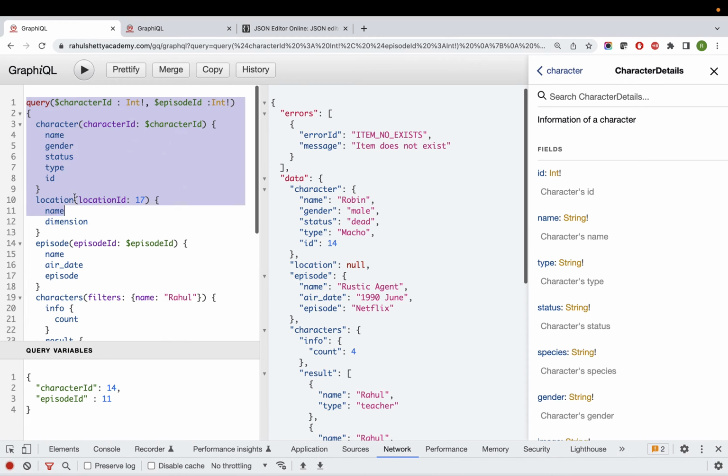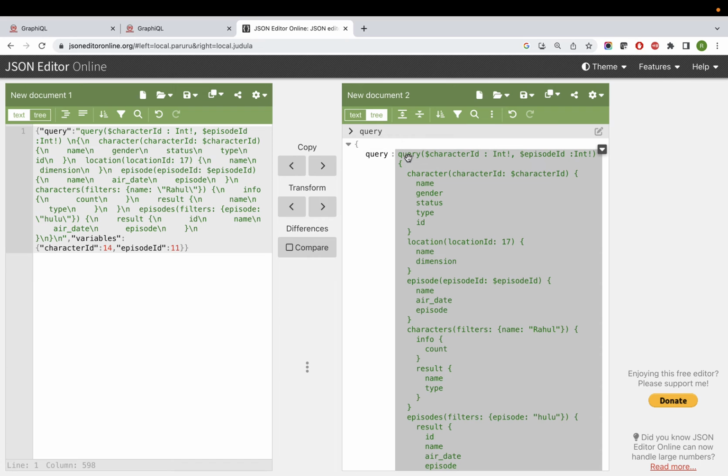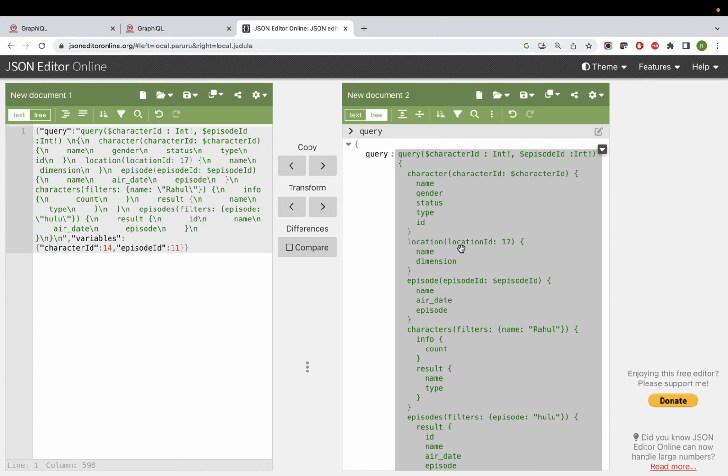See, we started from the query. This is what we are sending and we are getting the response back. But while making the call, you see how it is transformed internally. This is converted into JSON format. You know how all this query is stored in one